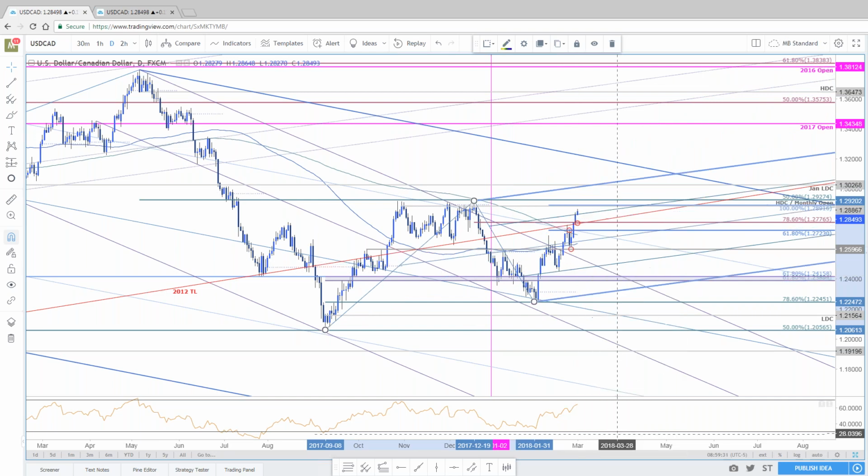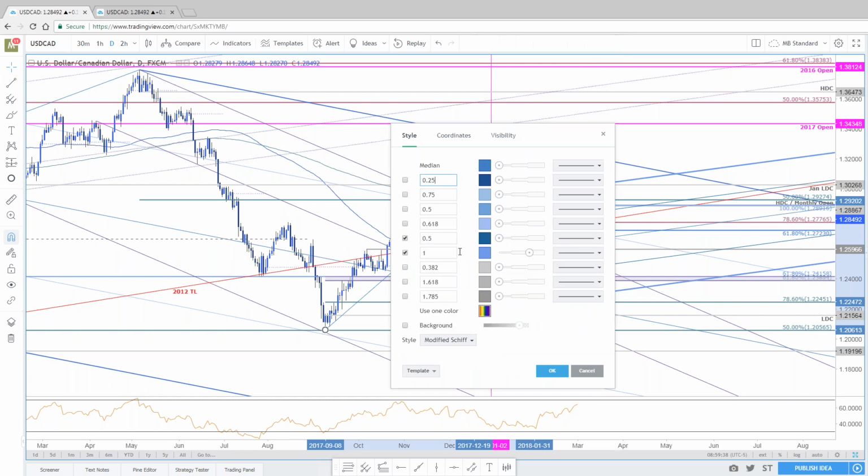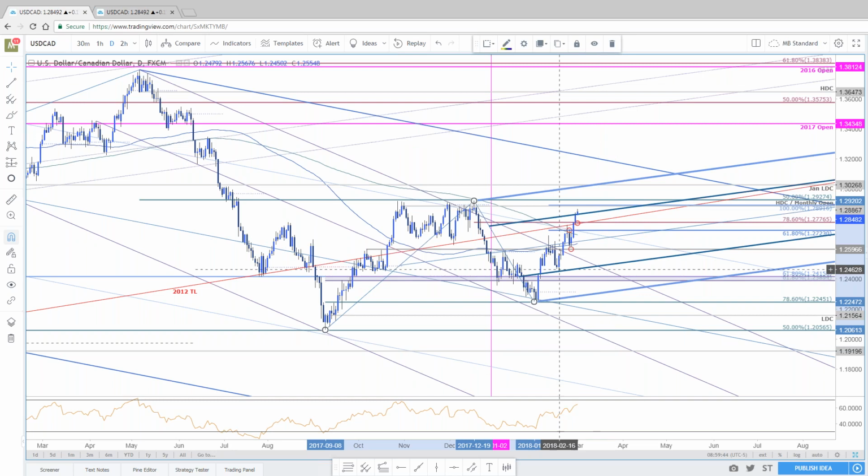So the modified shift looks like it has a perfect touch and break of the 50 line. Here's the breach, acceleration, failure at the median line. Here, let me make this a little bit darker, just to kind of show you what I'm looking at. So, perfect rebound off the 50 line, failure at the median line, the breach seeing acceleration, the pullback seeing a little bit of a dip, but here's the break higher. I don't know if you can follow this with me at home. It's a little bit messy, but today's close will be important. I could see a stretch into like 28.90 and then a pullback, but I want to see a close above that 50 line to give you conviction on a possible move higher.